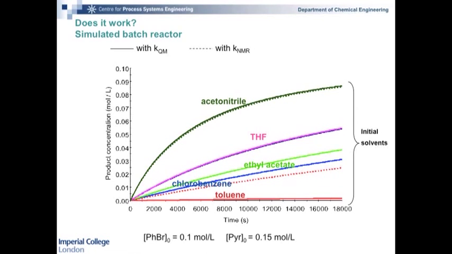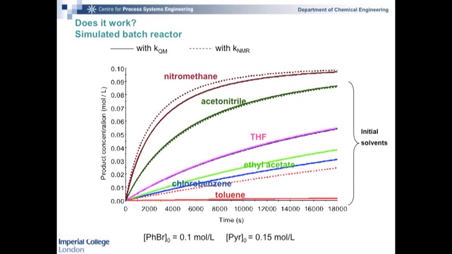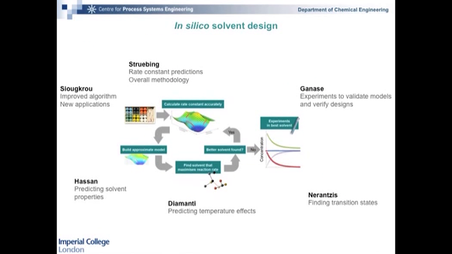Does it really work? So this is our simulated batch reactor with the initial solvents. The dotted line here is experimental, and the solid line is our prediction. For the slower solvent, we don't do so well. And when we went and tried nitromethane experimentally, so this was our prediction with quantum mechanics, and what we measured was even better. And indeed, it is a better solvent than the one we started with. So we were very pleased to see this. And this last step of bringing everything together happened thanks to Heiko Schrubing and Zara Ganais.